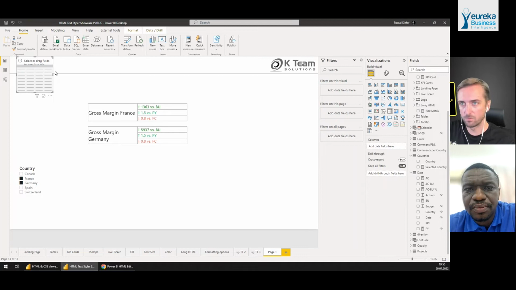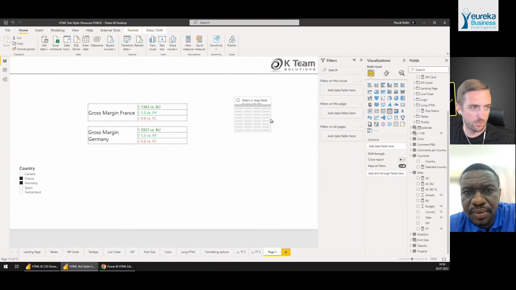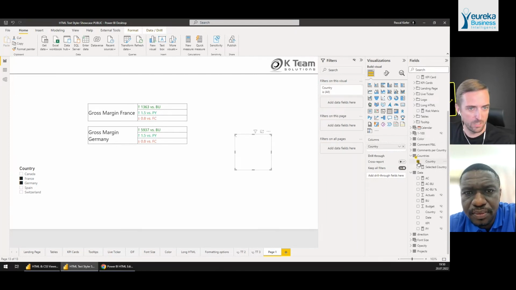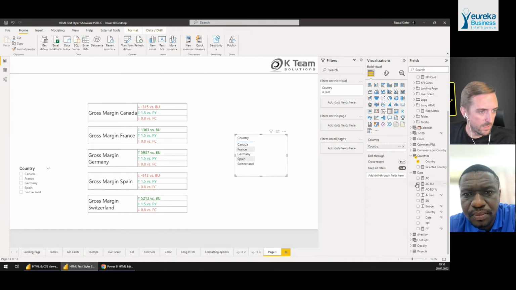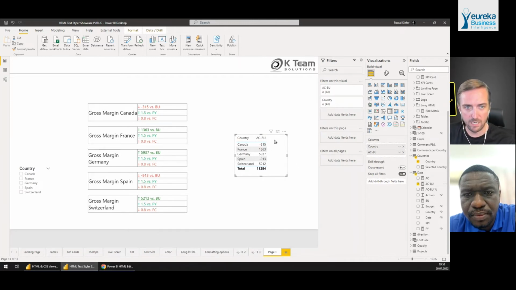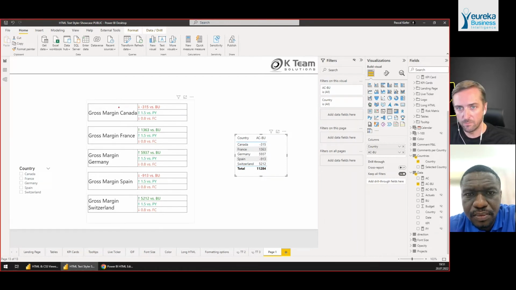Let's just add the table visual. I add a table visual. Then I add the countries from the countries table. Let me clear this slicer. So I have all the 5 countries. And now I get this AC BU measure in again. So we again have Canada minus 315, France plus 1363. The same numbers over here, right? We have Canada minus 315, France